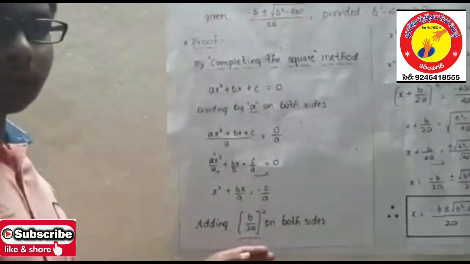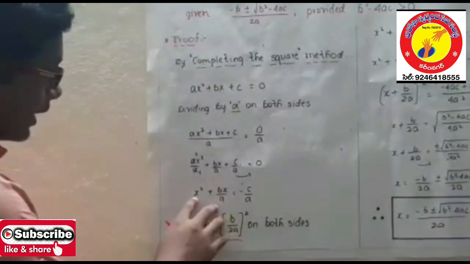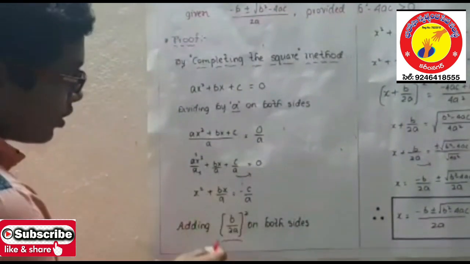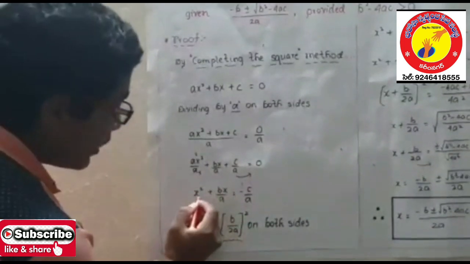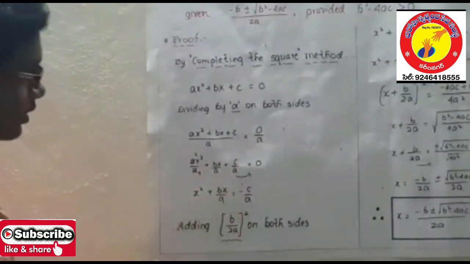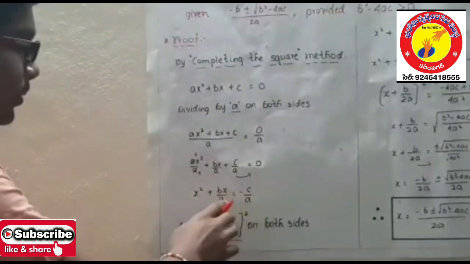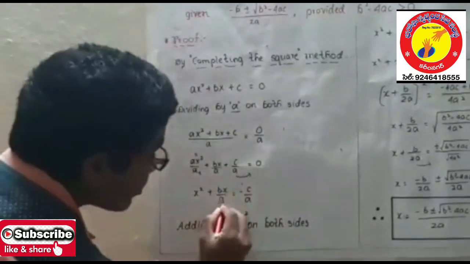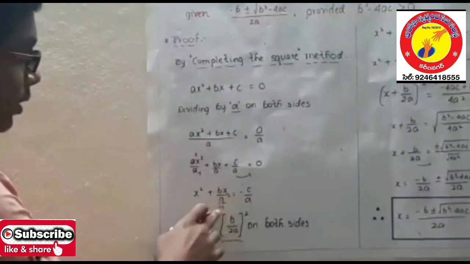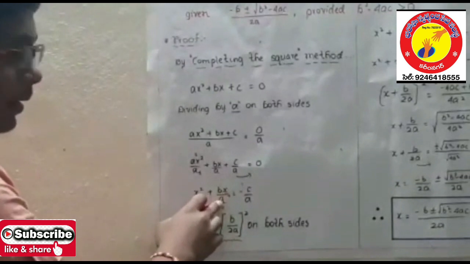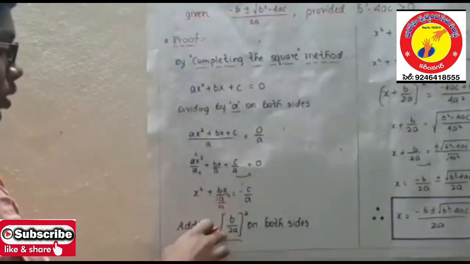Now we are going to discuss the important step here. If we compare these two terms, x square plus b by a x, it is like a square and it is like 2ab. Here a is x and a square is x square. For writing a plus b whole square, we require b square. Here b square comes from 2b and a, so we should divide this term by 2 and we get b by 2a. Therefore we should add b by 2a whole square on both sides.